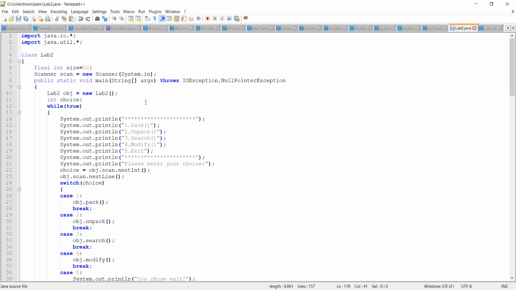Coming to the third function, which is the search function. What is search? In the student objects, or student attributes, that we have considered, like name, USN, semester and branch, the attribute which I can consider as a key value is the USN. Why? Because using this USN, I can uniquely identify all other attributes. So that's the reason I'm going to take the USN as the key value.